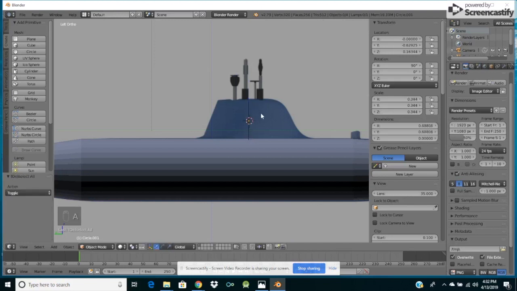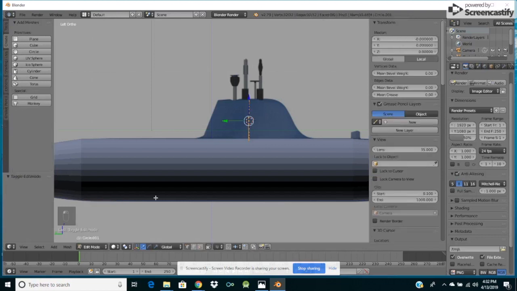Then I will deselect it by pressing A, and I will go into edit mode. Then I will extrude it along y-axis by pressing E, then Y, drag it till the end,